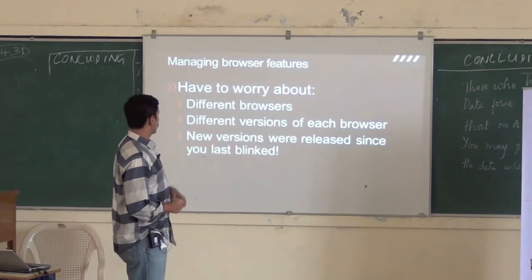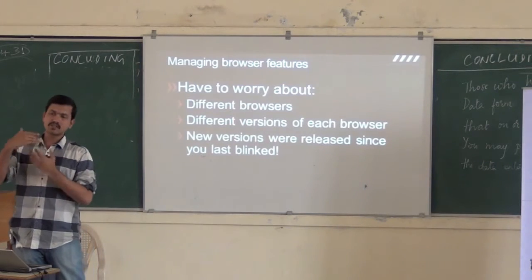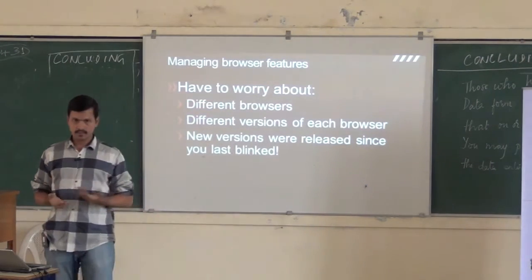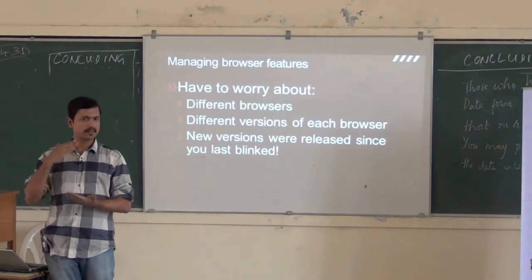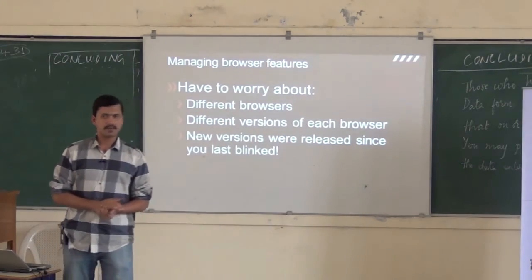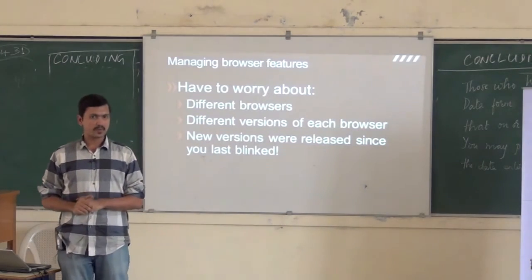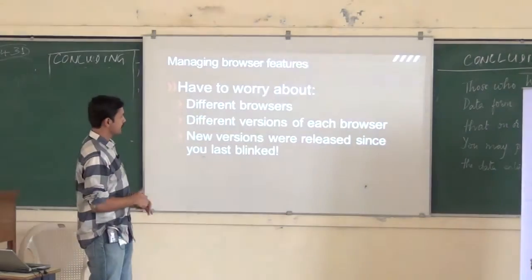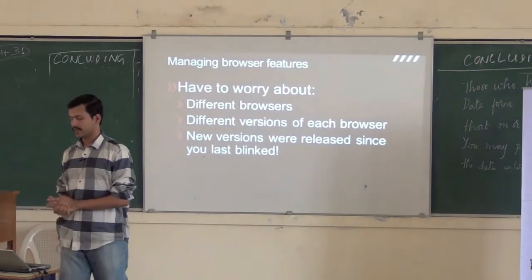So different browsers, different versions of each browser, and another thing that has been happening recently is that the cadence of browser releases has increased as well, right? How frequently do new versions ship? That's something Google has set a precedent for. Google Chrome started shipping at a tremendous pace, and it happens transparently to the end user. The end user doesn't even know. I don't even know what version of Chrome I'm running right now. It's probably 17 or 18. And Firefox has started shipping at a greater cadence as well.